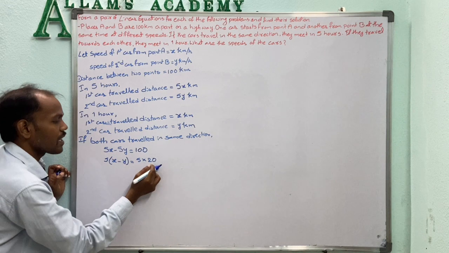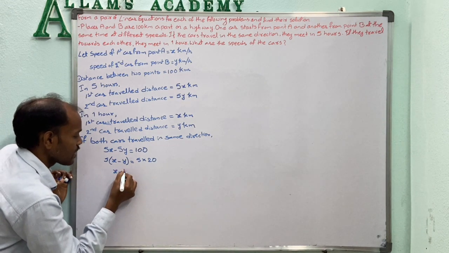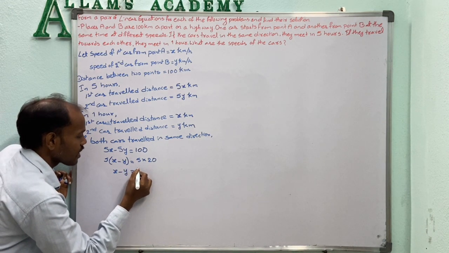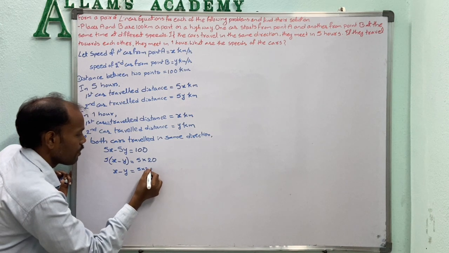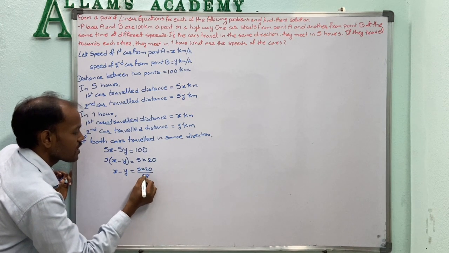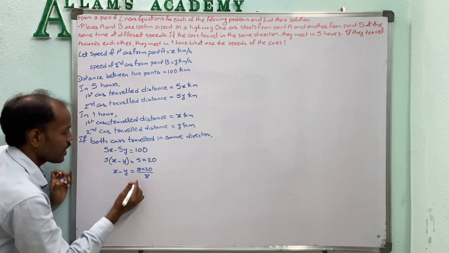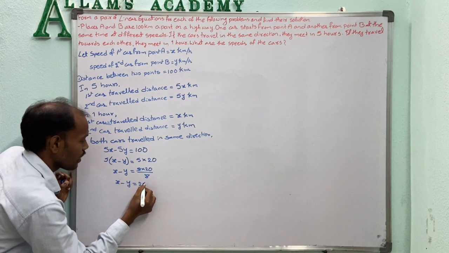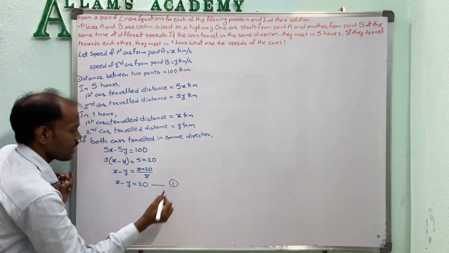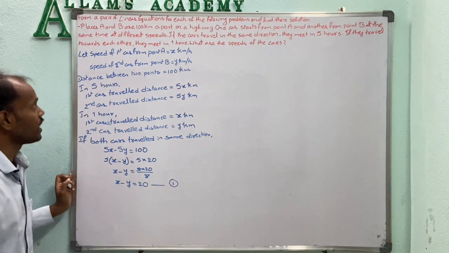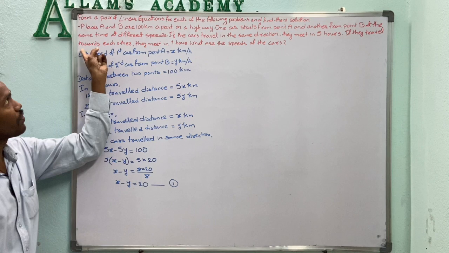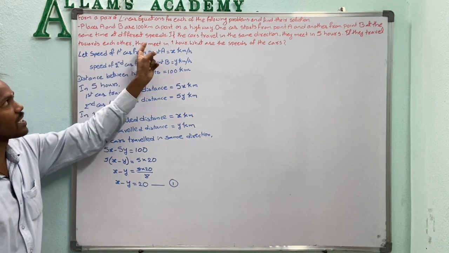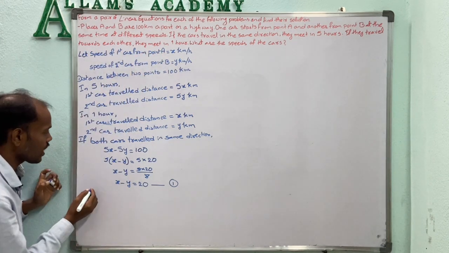So this multiplication by 5 transfers to that side as division: 20 by 5, 5 ones, 5 ones, so 20 by 1, that is nothing but 20. So x minus y equals 20, it is the first equation. Next, the second one given: if both cars